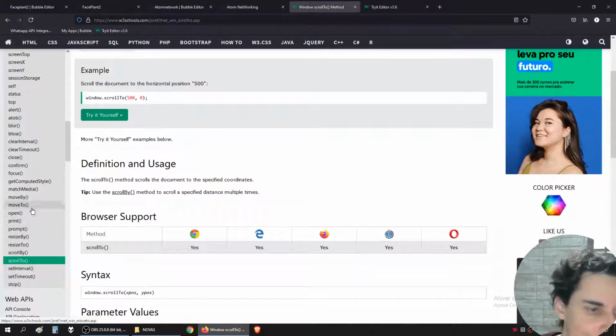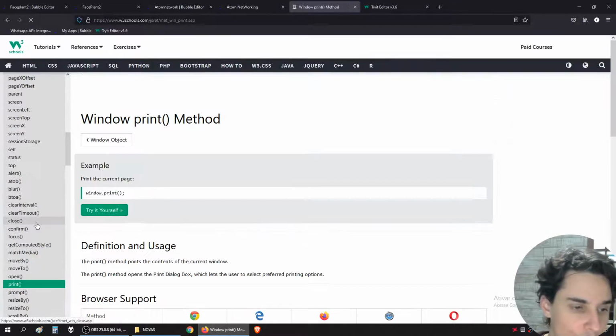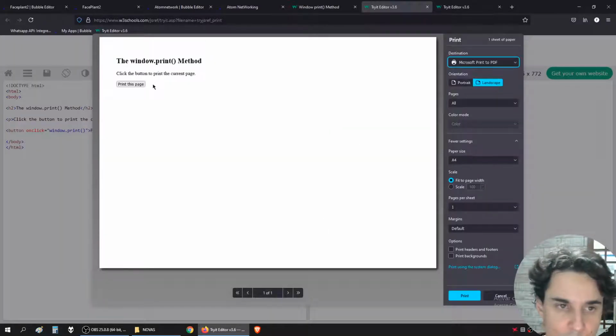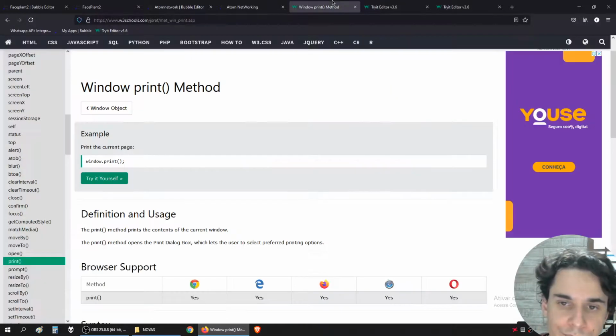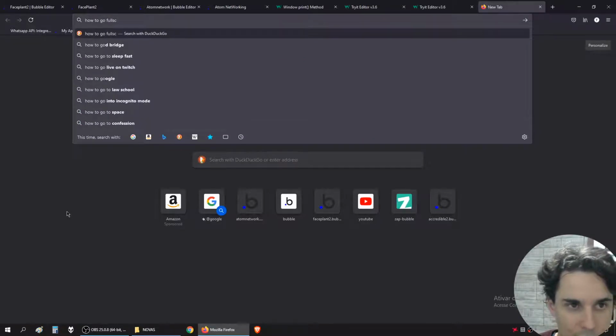Also, a very fun thing to do is to check this page. This is all the functions you have inside JavaScript that you can run inside Bubble too. You can even do a plugin for this. For example, all the plugins you have inside Bubble are just this little function. For example, if you try to print, it is a native feature of the browser to print a window. Or, for example, full screen. You search how to go full screen